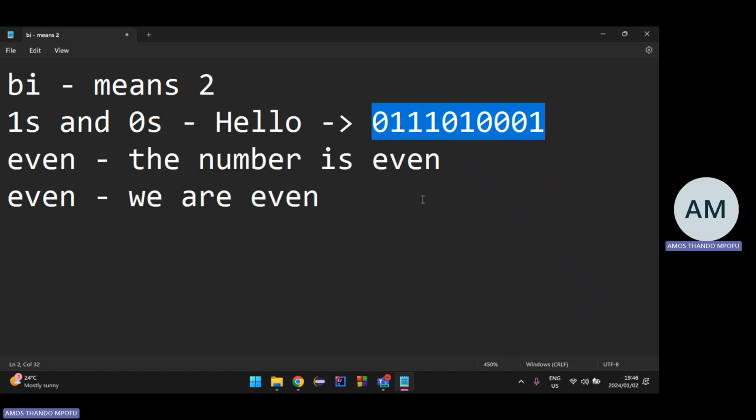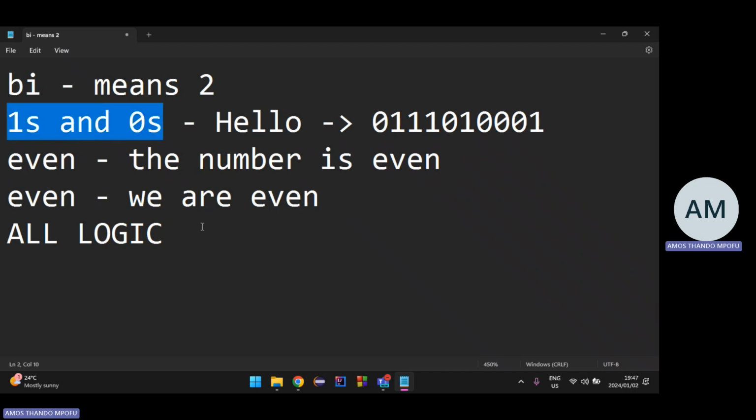It can't say, I must assume that based on how they structured their sentence, they meant that even, not this even. It doesn't work like that. A computer, in simple terms, is just all logic. That's why it only speaks in binary.